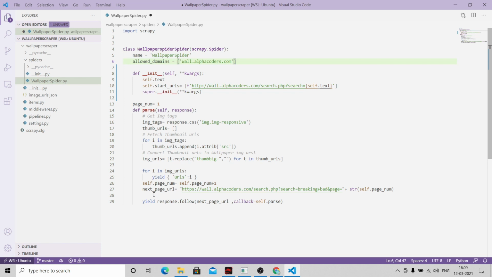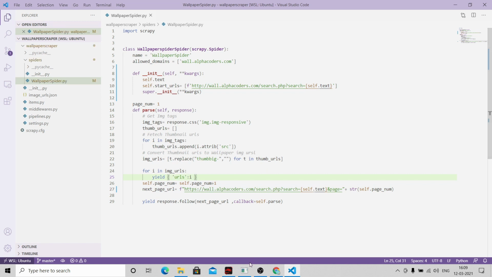And we need to do the same for the next page URL. This is going to be same. Just here we need to put self.text. This is going to be f string. So let's save this.